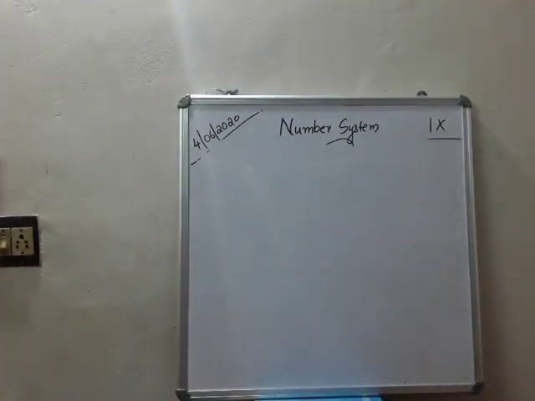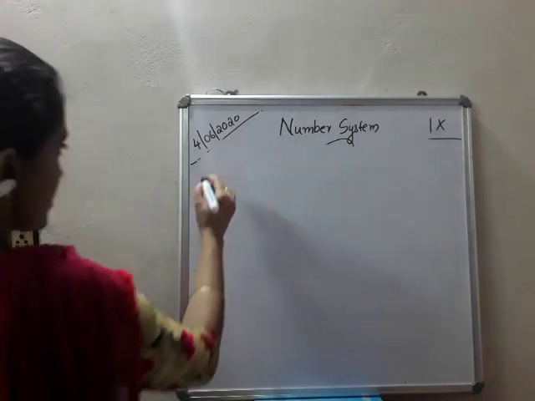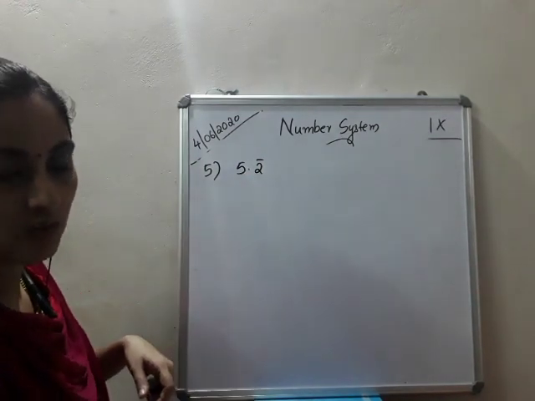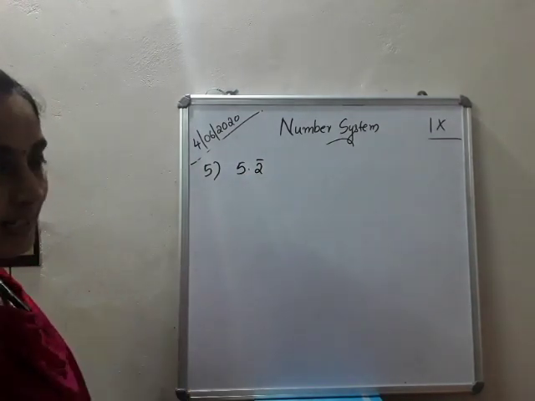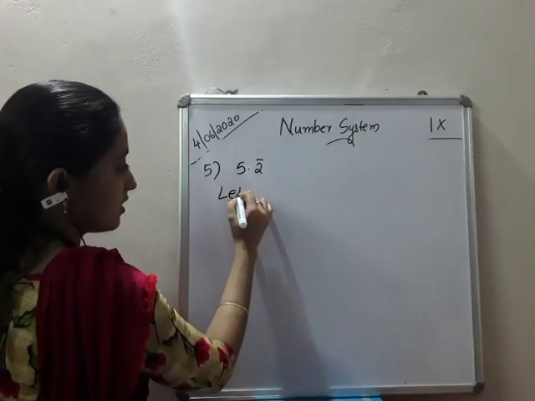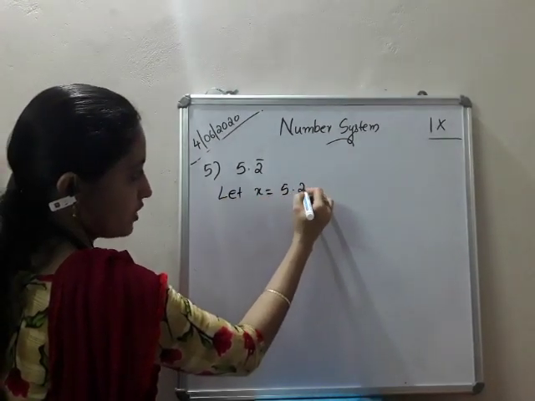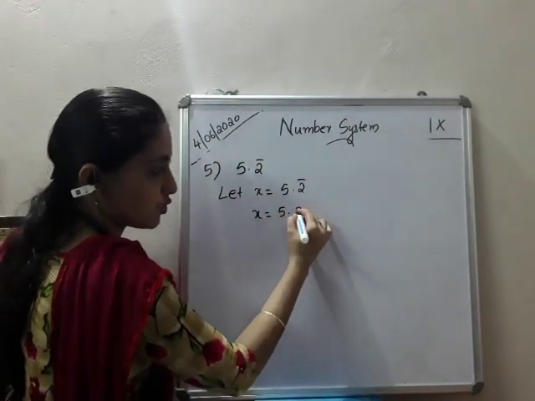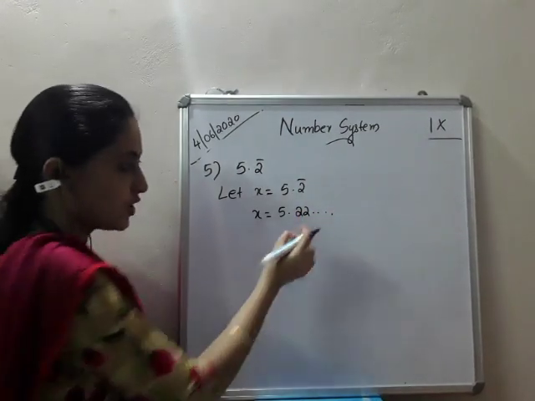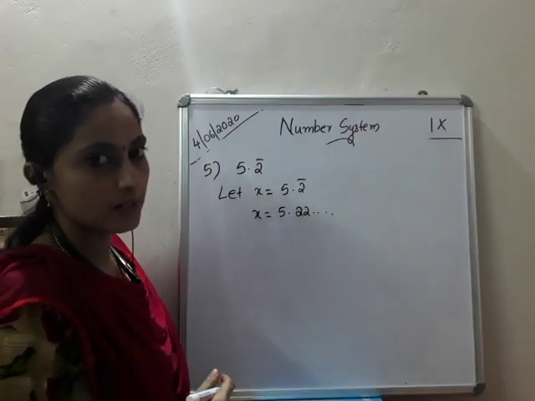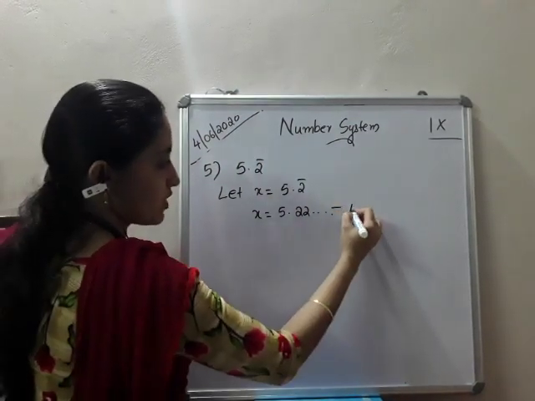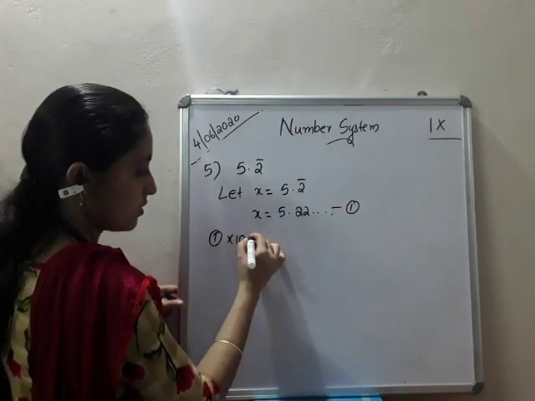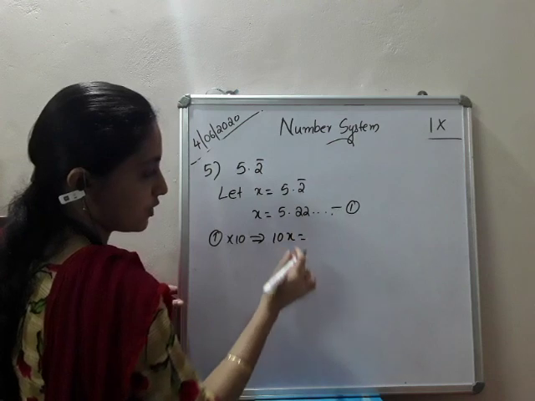Next question is 5.2 bar. Here only one number is repeating. Is it? What is that number? Yes, 2. So what will be the step? Yes, let x is equal to 5.2 bar. That is, x will be equal to 5.22 etc. Only 2 is repeating. Here how many numbers are repeating? Only one number. So what? Equation number 1. So you have to multiply that equation by 10. So equation number 1 into 10 gives 10x is equal to